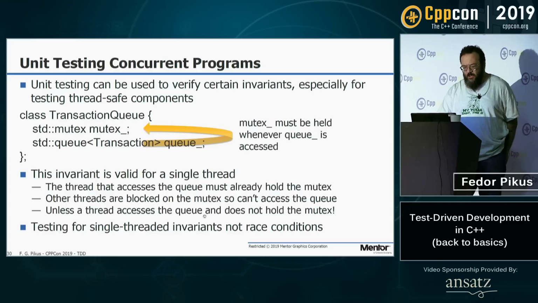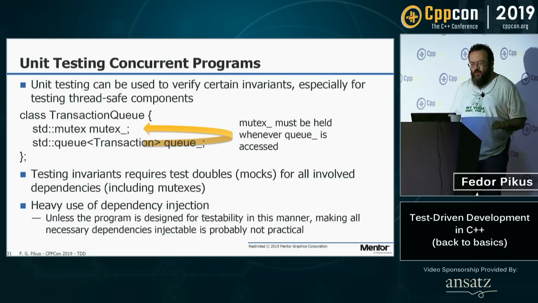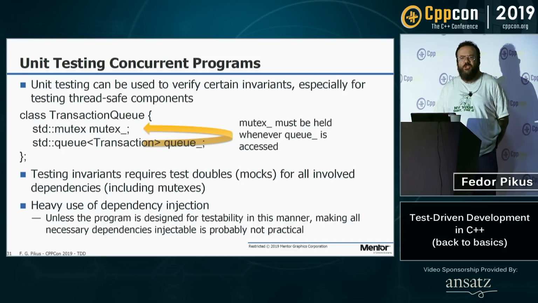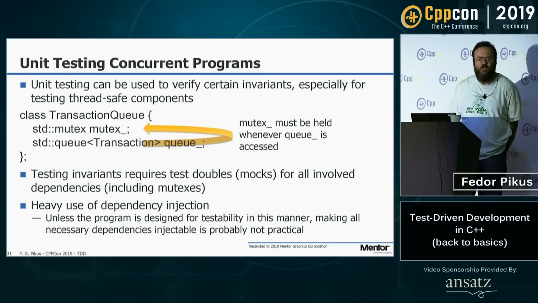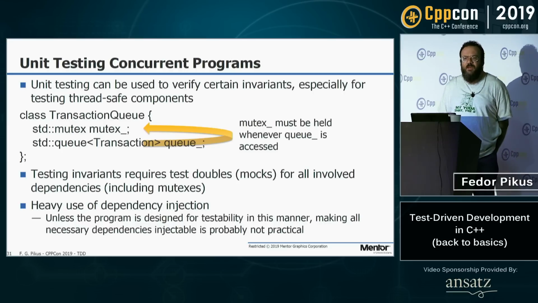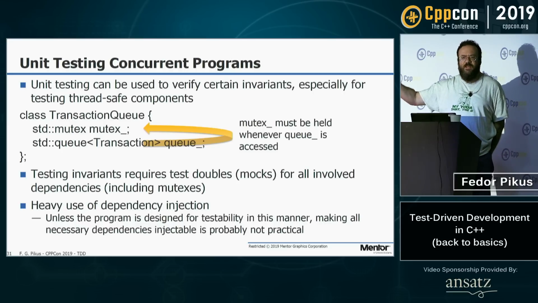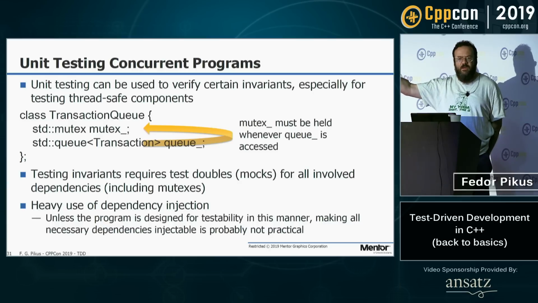So this is a kind of unit testing. You don't test for race conditions, you test for single-threaded invariants. Unfortunately, you have to do dependency injection on everything, including the locks. I mean, who on earth would write their code from the beginning with injectable mutexes? If you didn't think about it up front, I don't know anyone who does it, honestly. And then you think it through, you get to this point, and now, oh, damn.